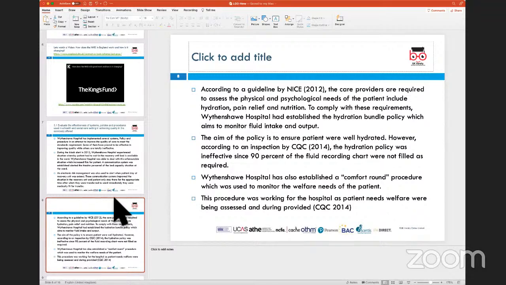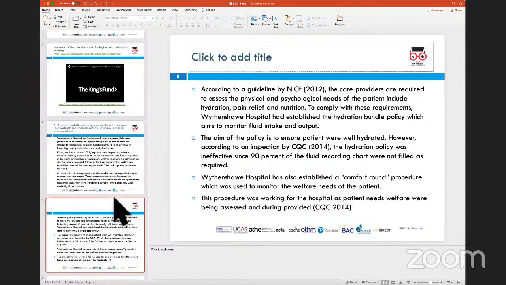And this meant that the welfare and the needs of the patients were maybe taken care of, but there was a big question mark and it could be interpreted in two ways. One, whether this was being taken care of, or second, it was being taken care of, but the records were not being updated. And this then was a recommendation by CQC to ensure that they also have a procedure which is written and would need to be followed by the medics or the staff who are responsible for ensuring and implementing that policy within the